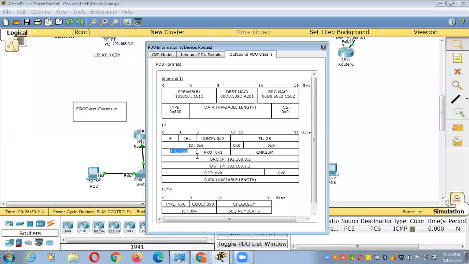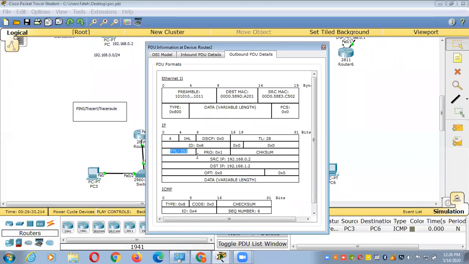So when this TTL value becomes 0, what will happen if you are not getting the answer there? The packet will be dropped. So what is TTL doing here? TTL is going to prevent the loop. If you are not getting the answer within 255 hop count, it will drop the packet. Hope you understand, brother. Yes, brother.